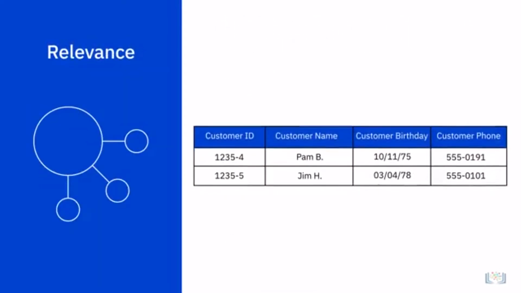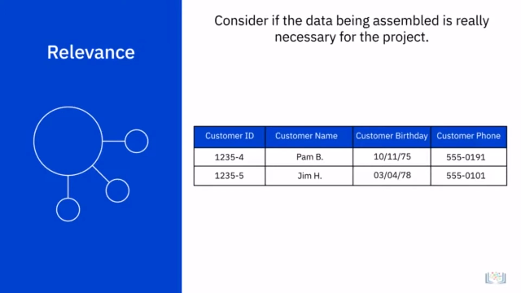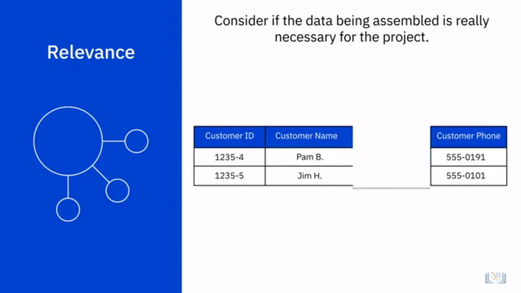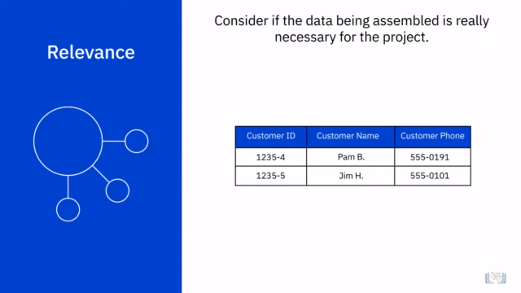Relevance is another trait of quality data. When collecting information, a data analyst must consider if the data being assembled is really necessary for the project. For example, when reviewing the data related to the sales revenue per customer, information such as customer birthdays and other personal information is also included. By making the determination early to exclude the personal information from the dataset, the analyst would save themselves from having